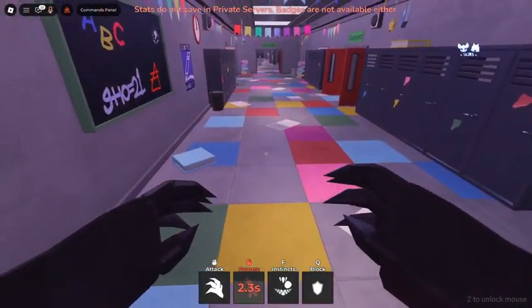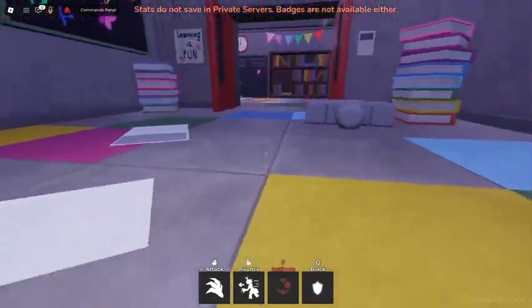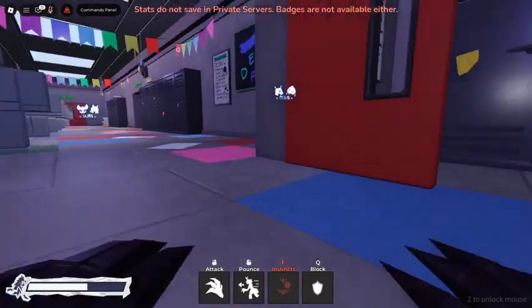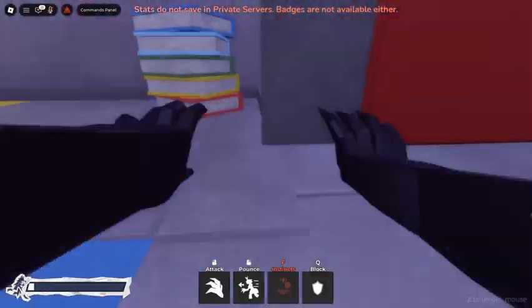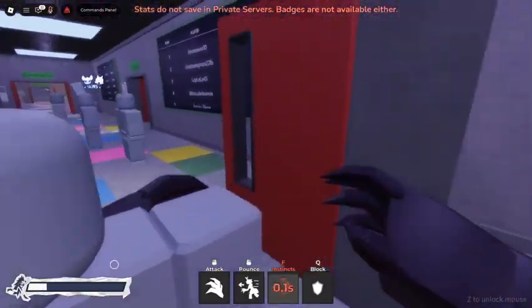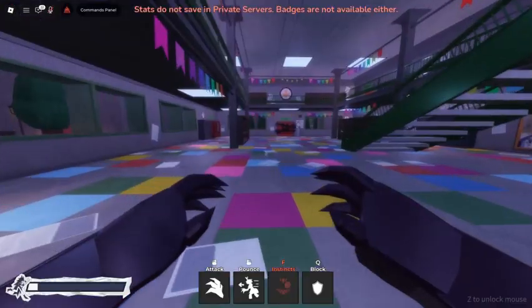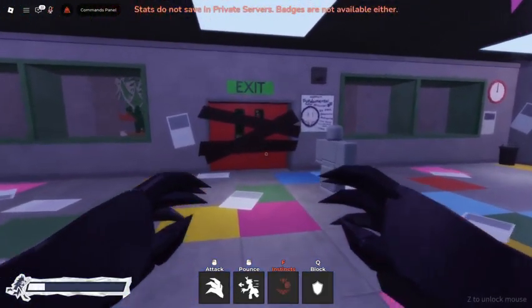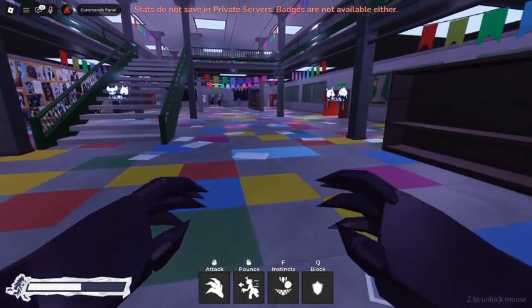Now, instinct actually doesn't do anything. It basically just makes you faster. If you run up to someone with instinct, it won't do anything. Oh yeah, I forgot, she can also bust down doors when she is using instinct. But yeah, instinct doesn't do anything else. It can just make you catch up to players faster. But anyway, let me show you Alice now.